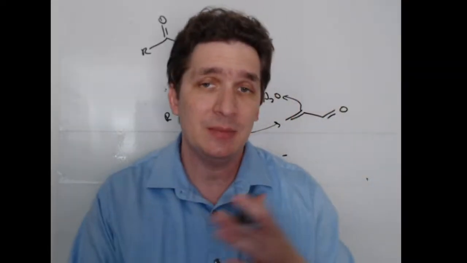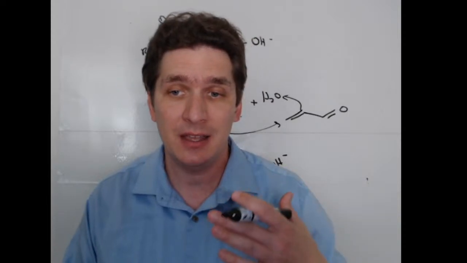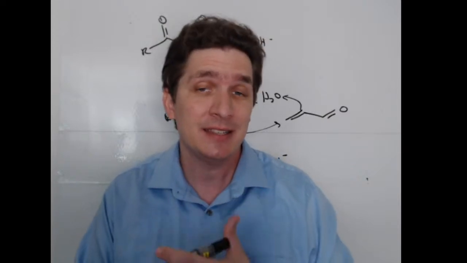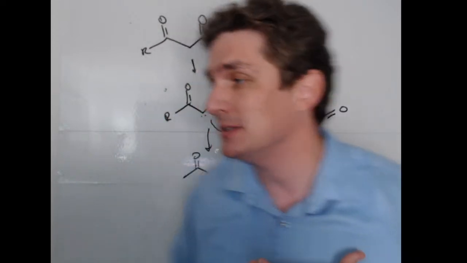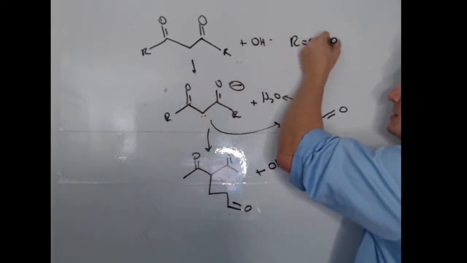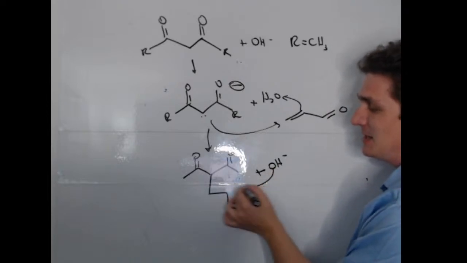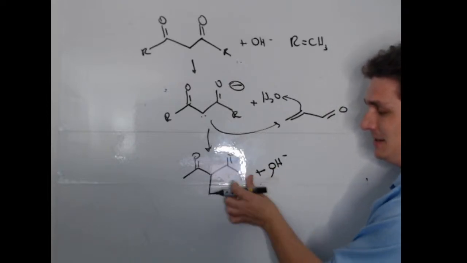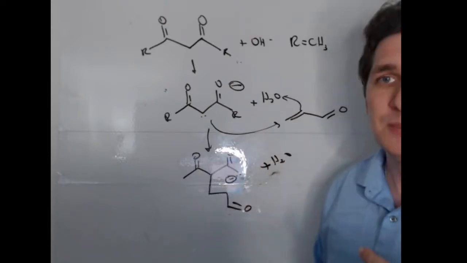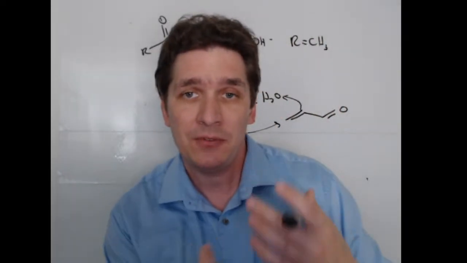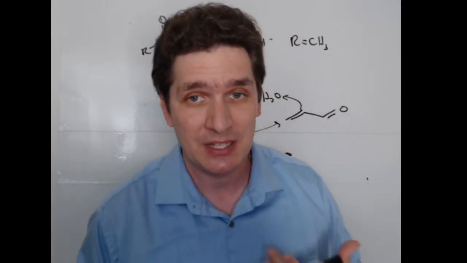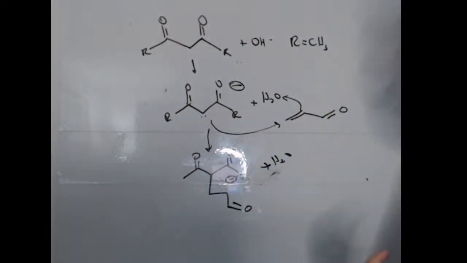So with actually getting the Michael reagent made, we need the hydroxide, but the thing is that the hydroxide is still there, and hydroxides catalyze these aldol condensation reactions. So what will happen next is that, assuming R here is a CH3 or something that provides us with an alpha carbon, that's going to subsequently attack this hydrogen, give us back water, and now we're primed to do the aldol condensation. So if R here is a CH3 group or has a carbon containing a hydrogen, that's when you get the Robinson annulation. If R is